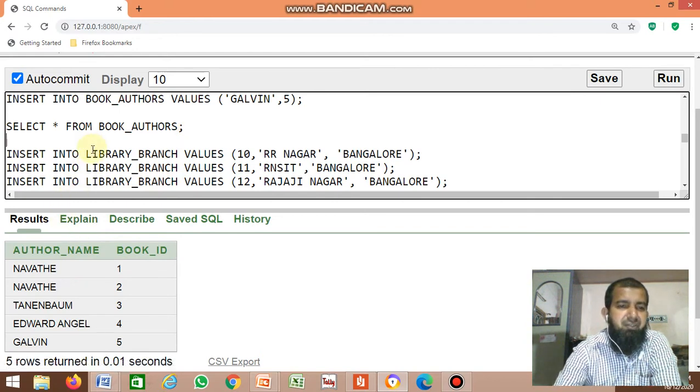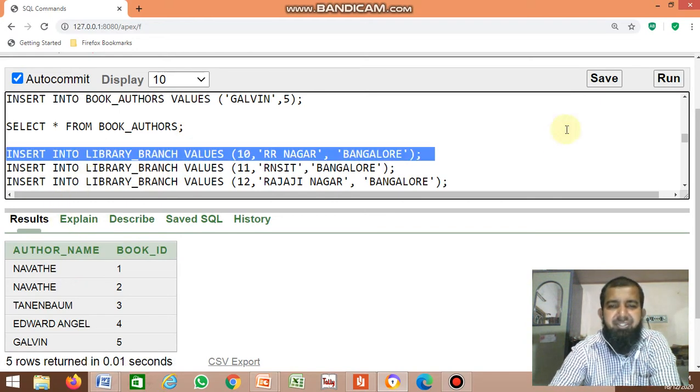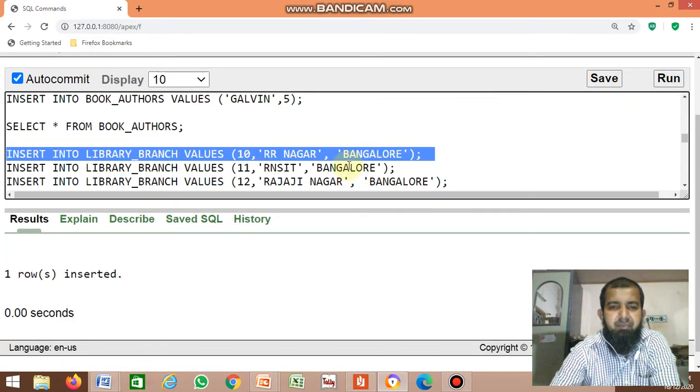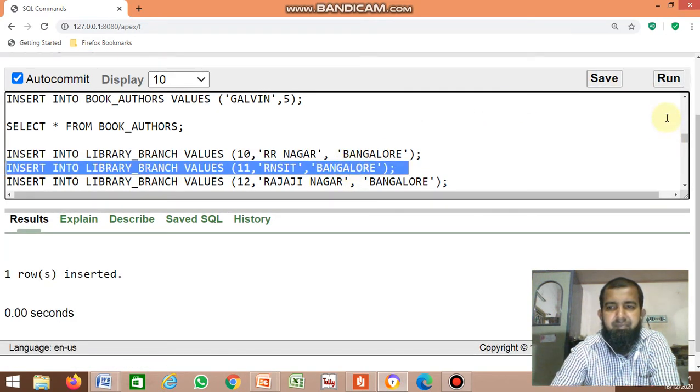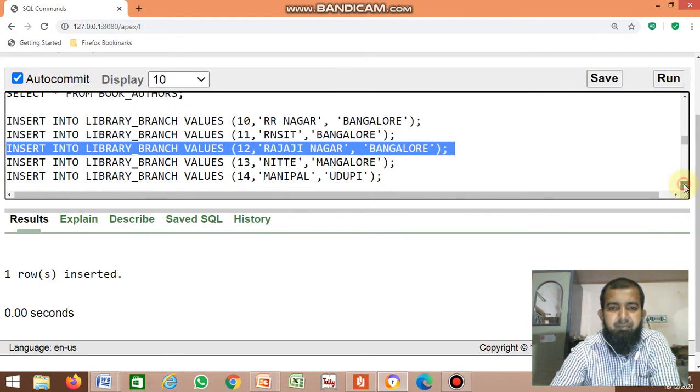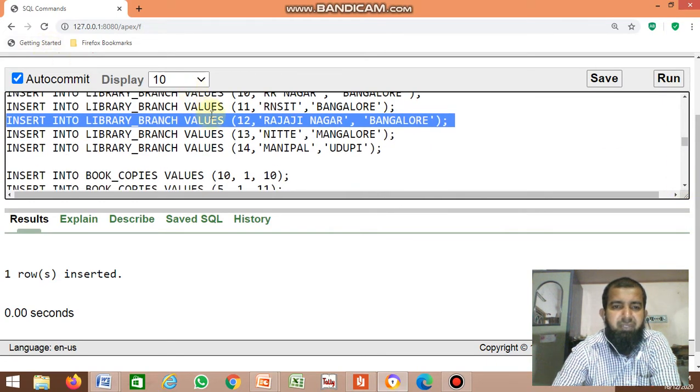Okay, next, library branch. Insert the values in the library branch table. So there are 5 records.